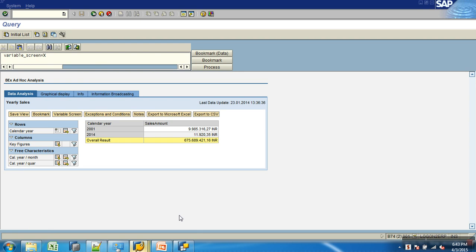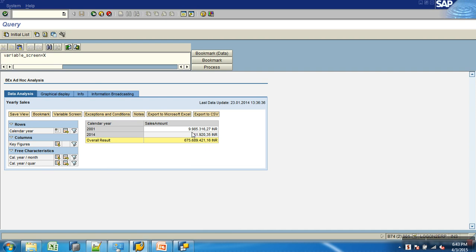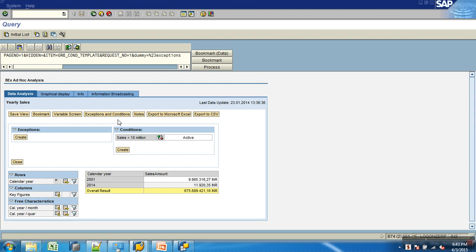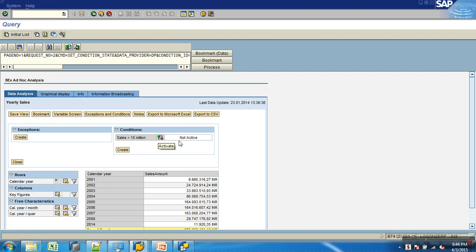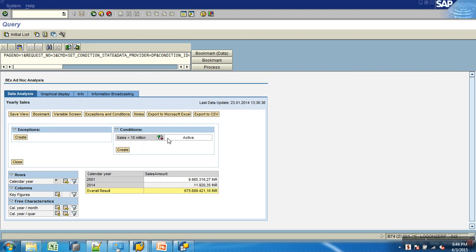Next, look at this. Now the condition is playing. Can I switch off that condition or switch on the condition? Look at what is the button here. Conditional exceptions. Click on the button. This is a condition, right? Now it says active. Switch it off. It's like toggling the state. Now the condition is not active. That's why you get to see everything. Now I want to toggle the state again. Activate. Again, not active. Active.